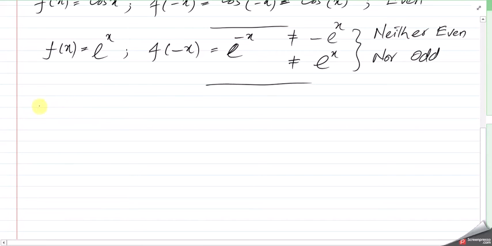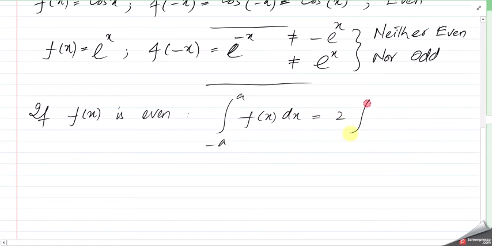The reason why we discuss even and odd: we say if f of x is even, then the integral from minus a to a of f of x dx can be written as 2 times the integral from 0 to a of f of x dx. Well, this one maybe doesn't seem to be a big benefit, but